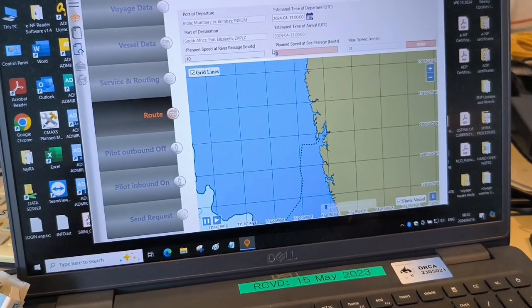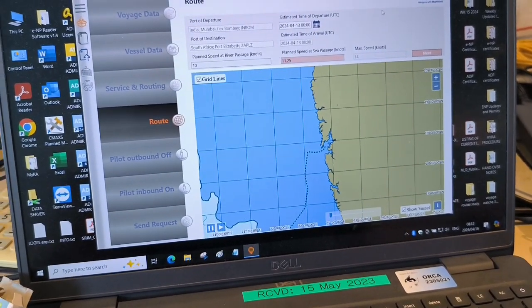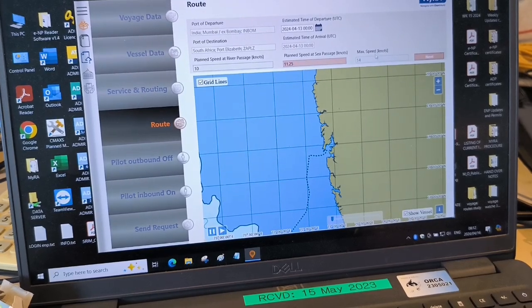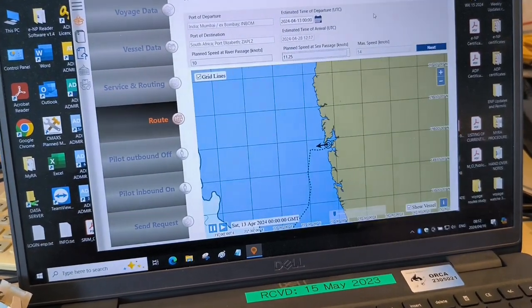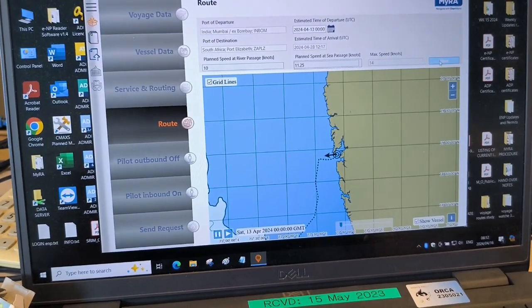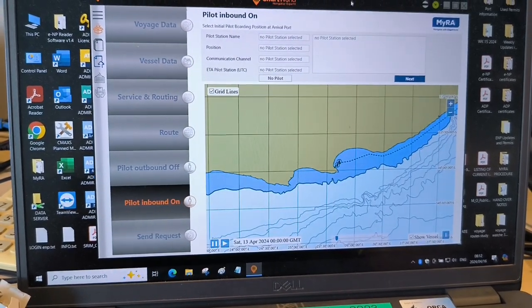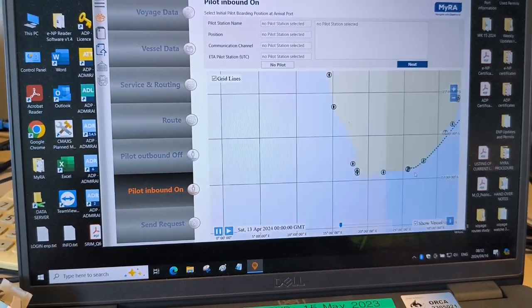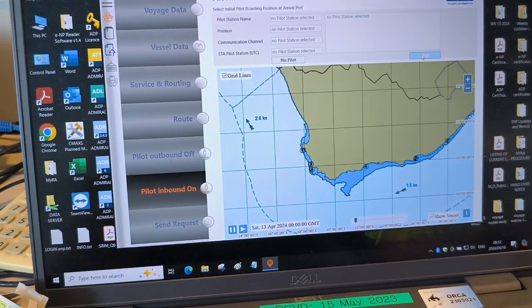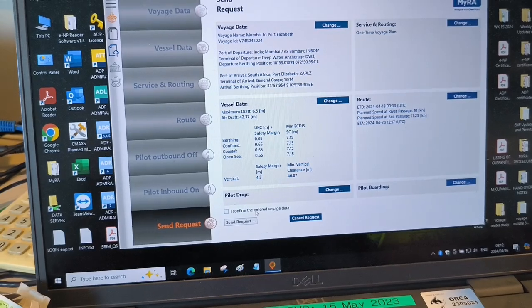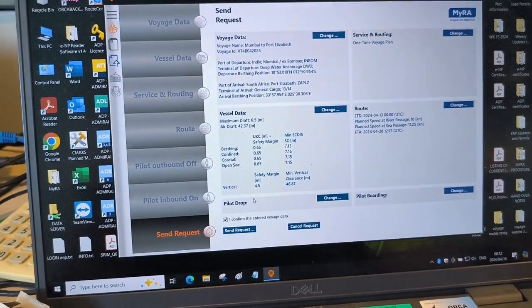Eco speed 11.25. Enter. And then next. Then next. So confirm.